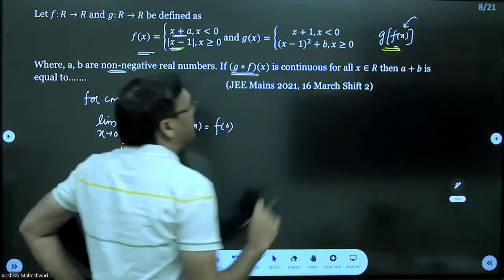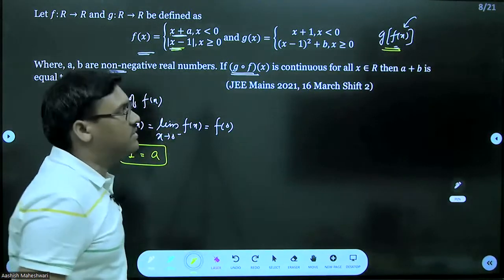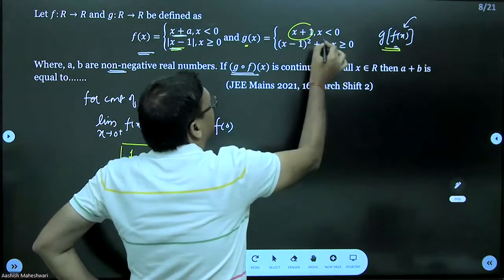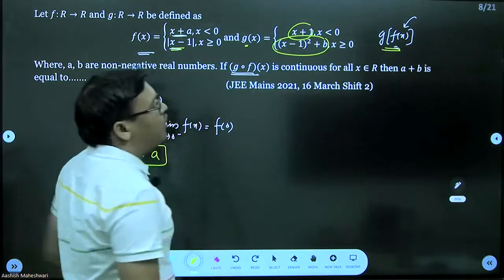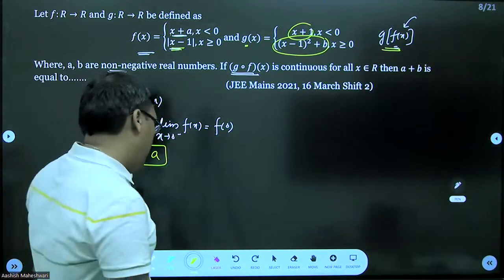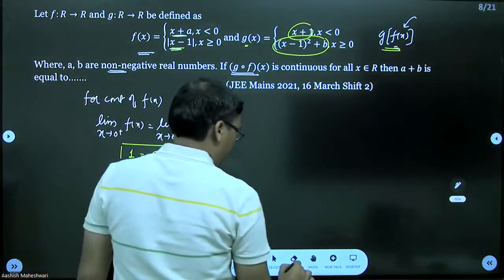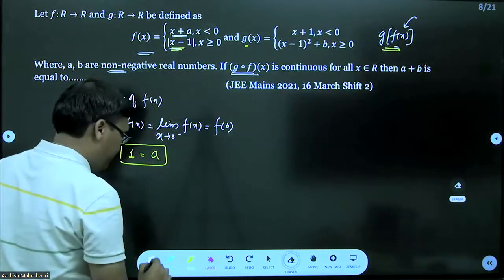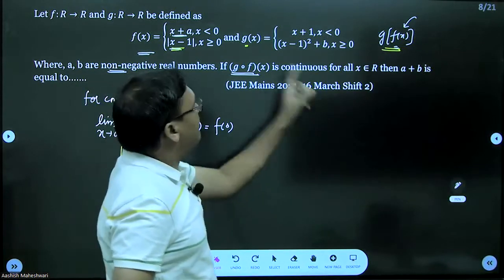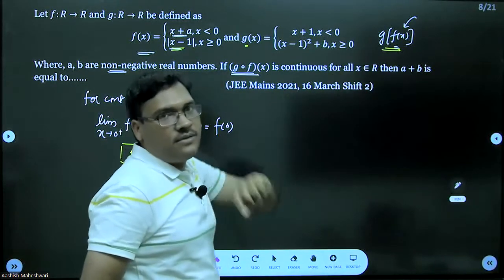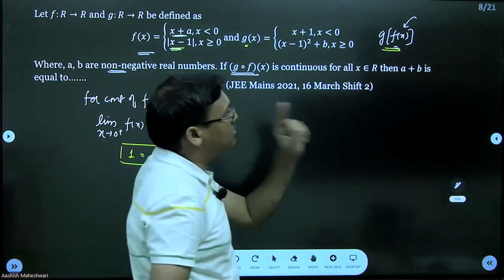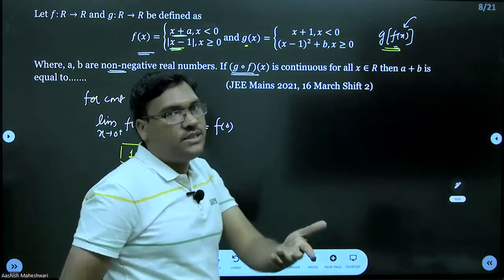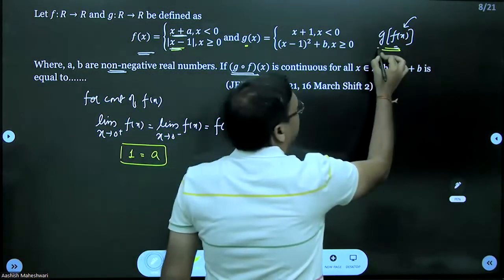नाउ भाई देखो, now we have to comment on g of fx, we have to make function g of fx continuous function। gx function जो है, this function is always continuous, you can see polynomials are always continuous, and gx is changing its definition at x equal to 0। now see, अगर आपको g of fx को continuous बनाना है, understand this point, this is the most important part, how to apply the continuity for composite function, ठीक है।